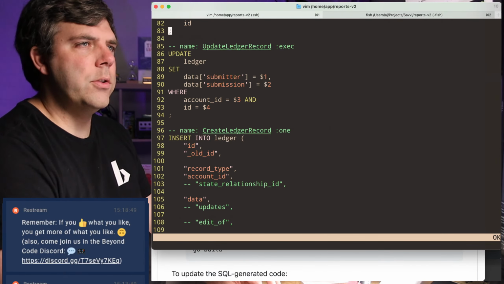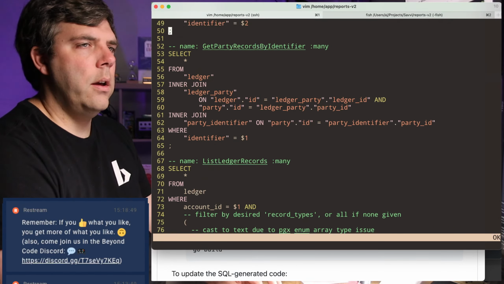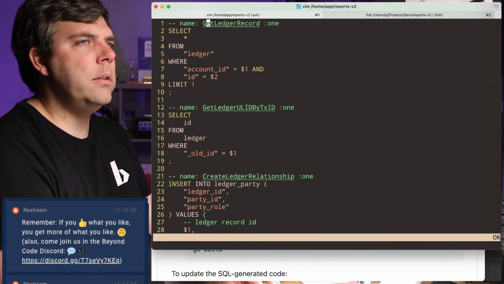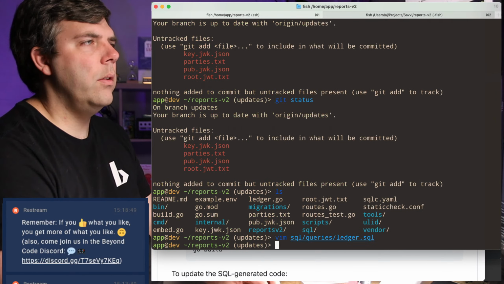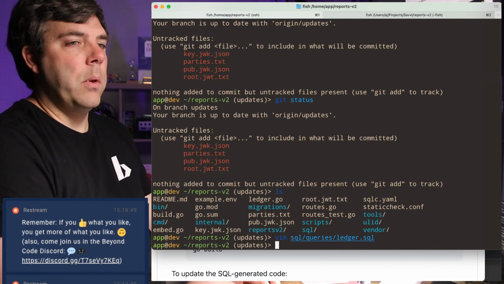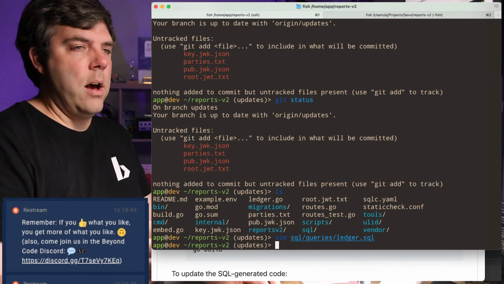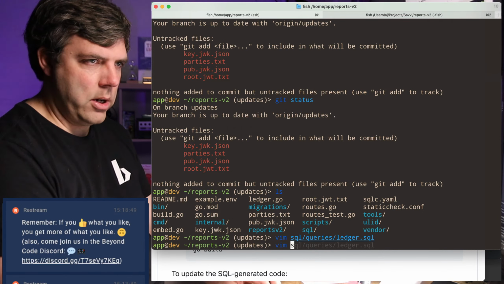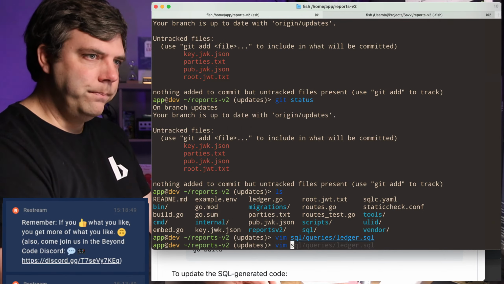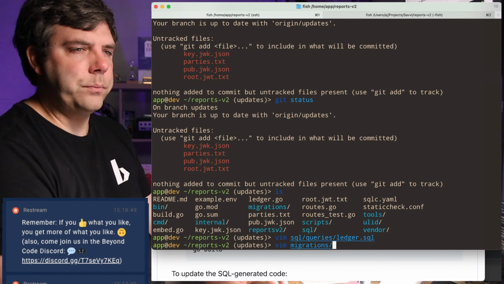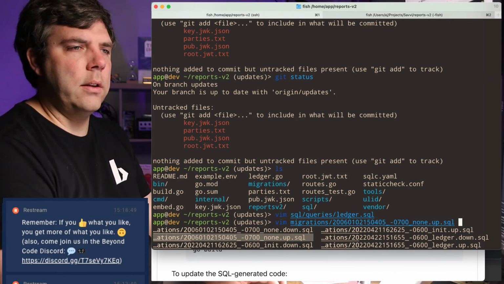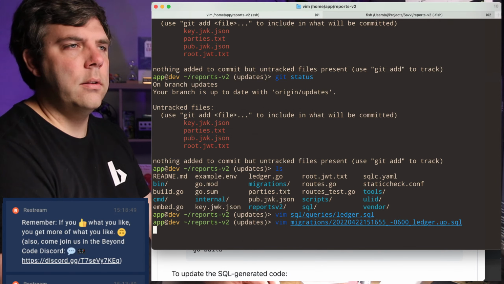But anyway, this is just kind of a neat thing. I'm not necessarily 100% sold on it for time and eternity, but it looks really good as of right now. And then we could take a look at the stuff that it generates here. Oh, also it works with the migrations the way that you'd expect. So you can have your migrations.